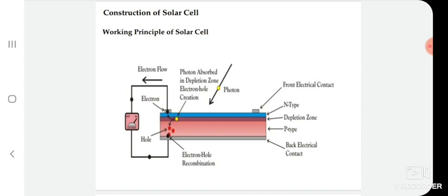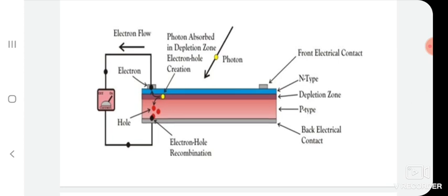Similarly, the newly created holes, once they come to the p-type side, as we see in this figure, cannot further cross the junction because of the same barrier potential of the junction, because initially they cross that barrier. Due to that, they lose some amount of energy to cross that barrier. Once they cross that barrier, they cannot further cross the junction because of the same barrier potential of the junction.